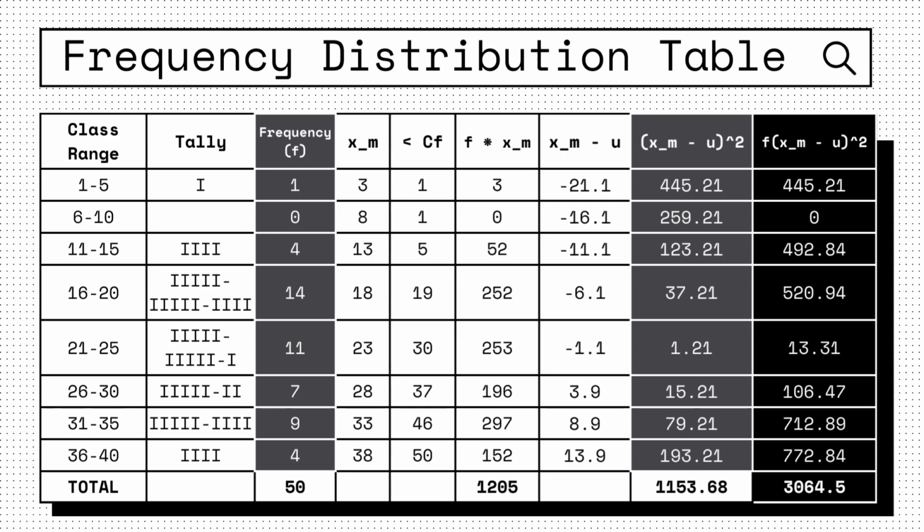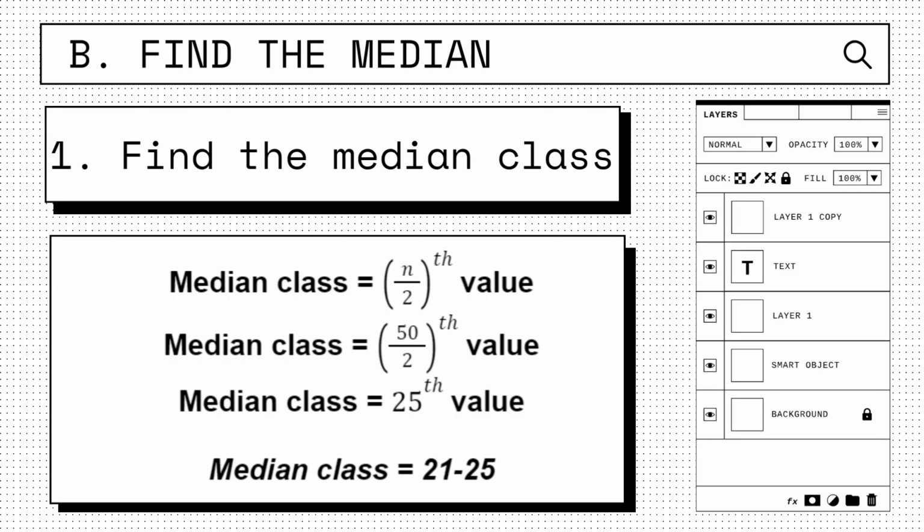And for the last one, we have 193.21 times 4, which is equal to 772.84, totaling 3,064.5. Now that we have identified what needs to be located in the frequency distribution table, we will now